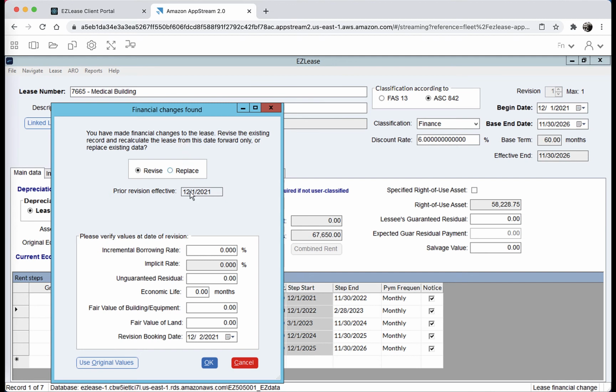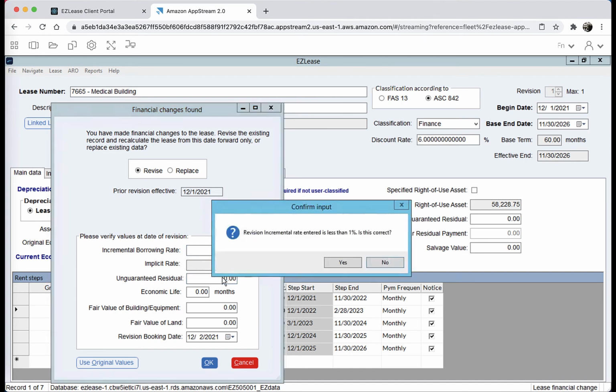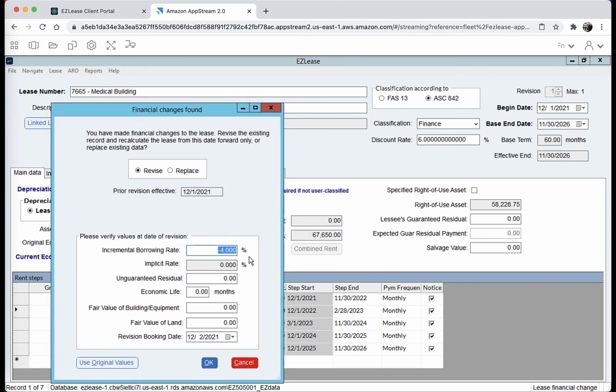I'm going to intentionally put something kind of wacky in here and put in a negative incremental borrowing rate and try to hit OK. So again, those guardrails exist saying that, hey, this incremental borrowing rate is less than 1%, or if I had put in a 4,000% incremental borrowing rate, it would have given me a different warning saying, that's not legitimate. So there's this constant validation verification in place, and I just wanted to show you some other